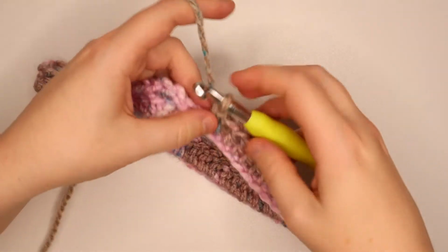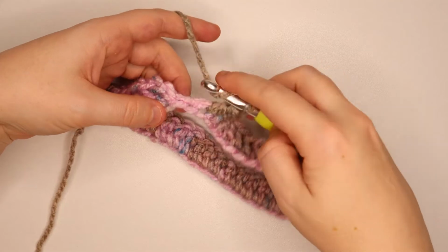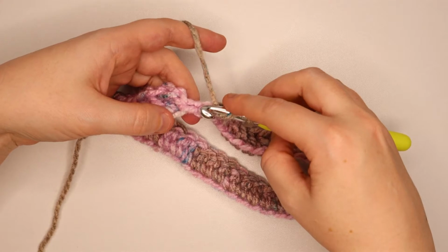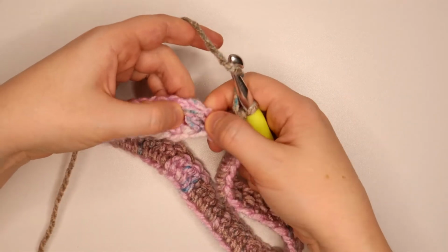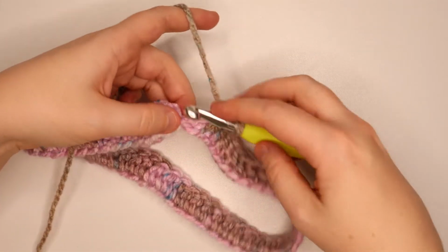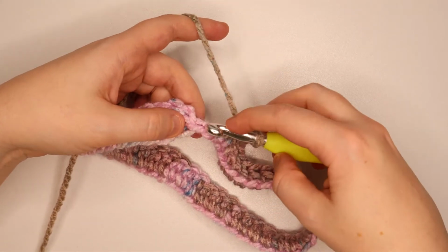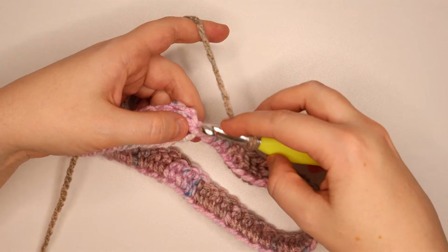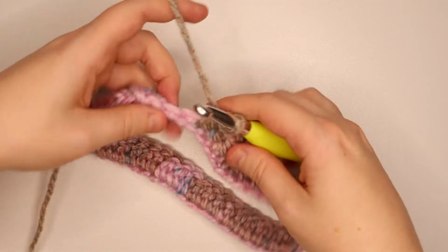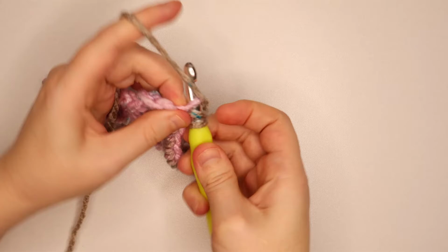All right, I'm just coming to the end of round 1 here. I have 1 more double crochet to do, and sometimes it can be kind of tricky to see where to put your hook at the end there. So if you're having troubles, just make sure you count all of the double crochets around. And I will have 53 after completing this final one, but that's kind of the easiest way to know if you need to do another one, or if you're at the slip stitch, or you're just a little bit confused with the end here of whether or not to do another double crochet. So I'm going to do my final one,